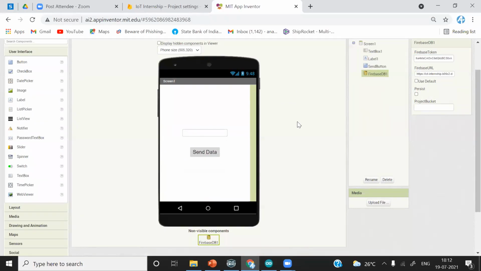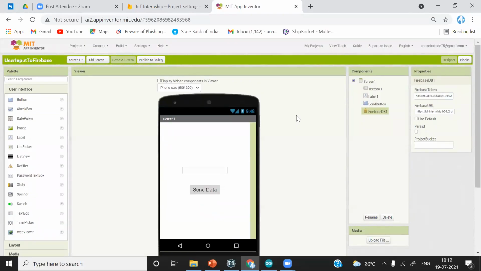Now I will connect this application with my Android phone, and we will send some user inputs to the real-time database and see what happens.